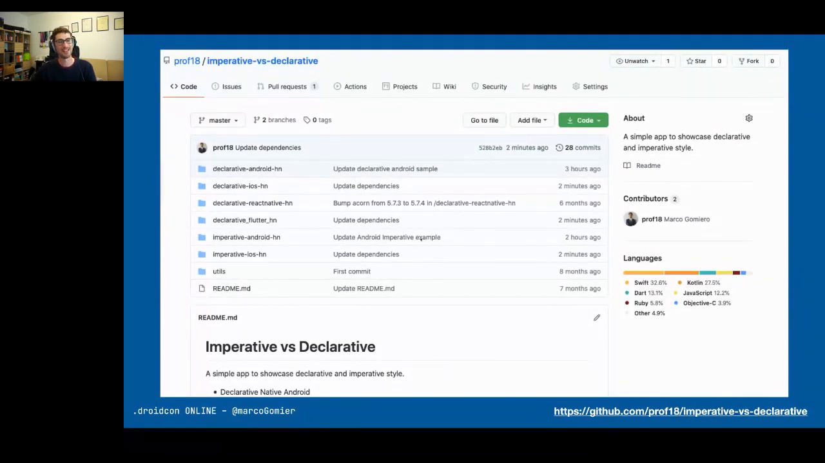Joke aside, if you see the repo, all the declarative implementations are very similar between them, and you can jump between them without too much cognitive overload. And in fact, my approach into declarative was